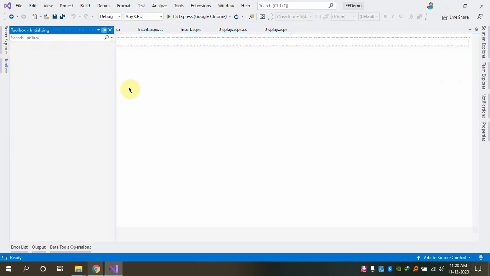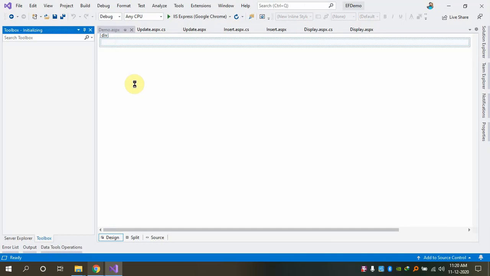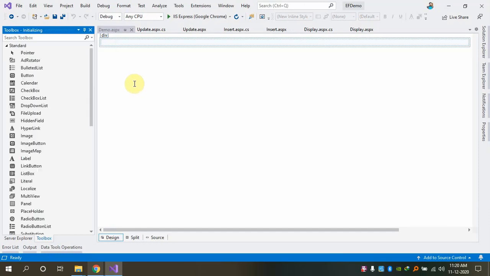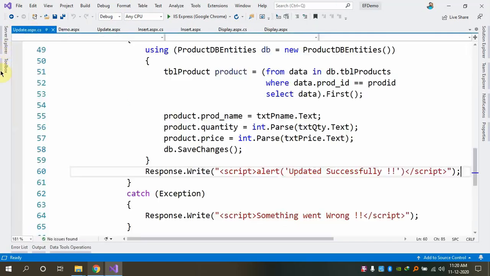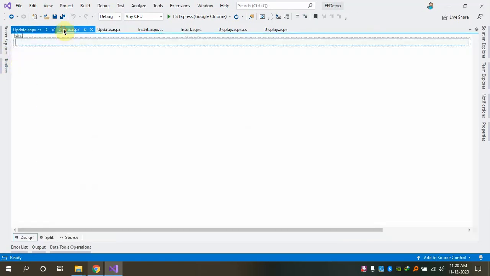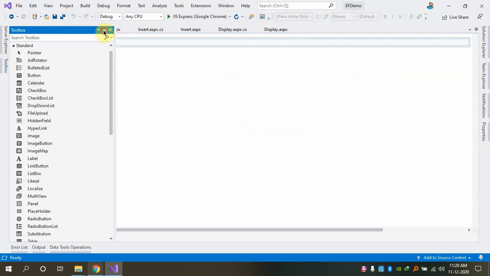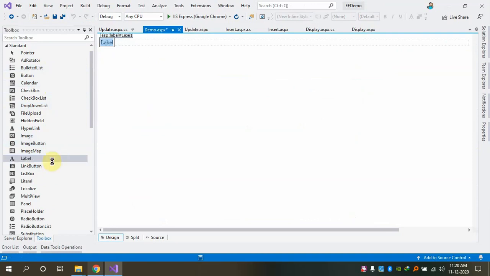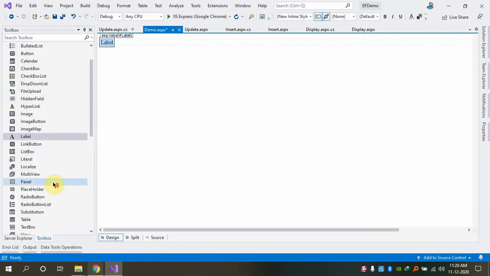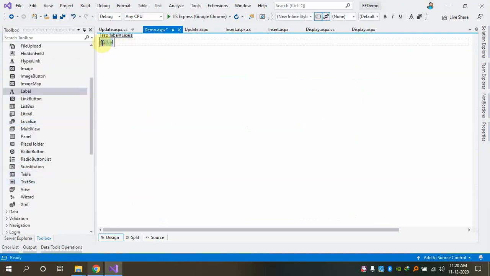I'm going to write a simple program which will, let's say, take the name from the user and print hello for that user. A simple program. Let me just do that. For that purpose, let me go to the toolbox and first ask the user, let me just put a label, and then after that I'm going to put a text box. Let me just put it inside